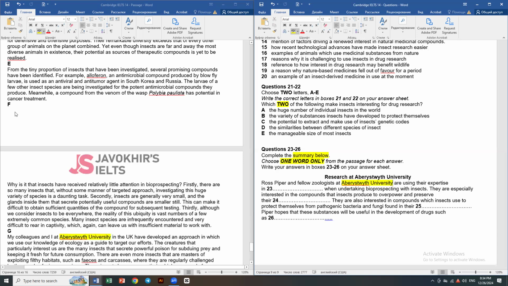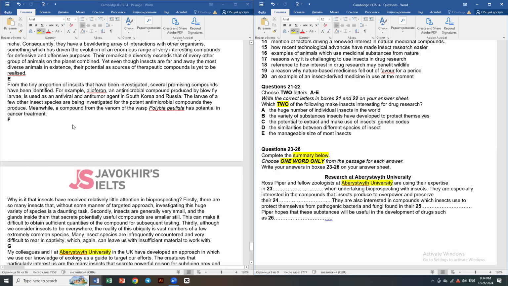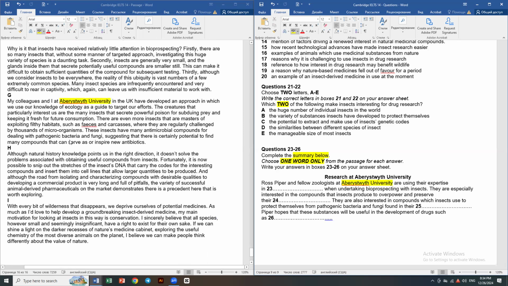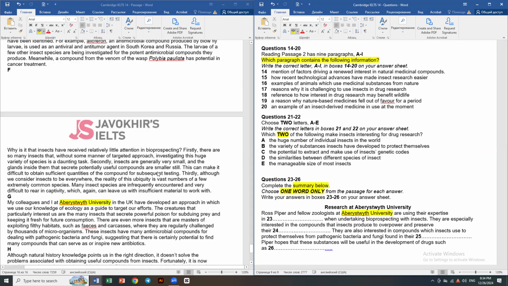It should be somewhere around paragraph F or somewhere in paragraph E. Maybe in paragraph H as well. Who knows? Even G, we'll see that. So it just has to be somewhere around that, before, after, or in the same part as the summary completion. We don't know that. We will just see.